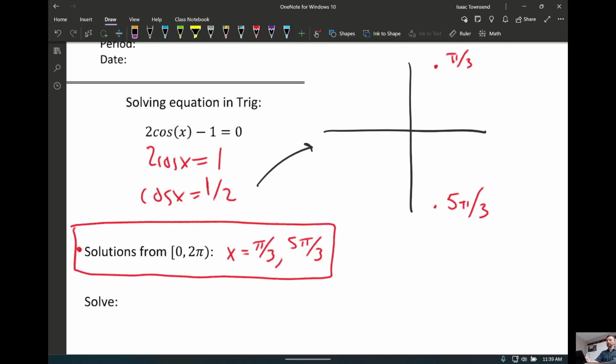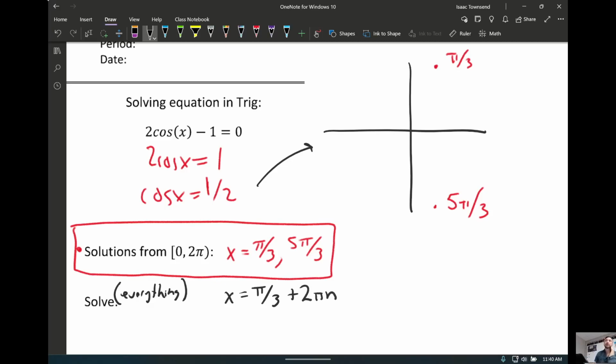But when it says solve, this implies that it wants everything. So not just the stuff within 1 rotation. So I could go all the way around the unit circle 2 pi, add pi over 3, and as long as I land in that spot, it's going to be coterminal to pi over 3, and coterminal means it lands in the same spot, so it's got the same sine and cosine. So everything coterminal to this needs to be part of our solutions, and everything coterminal to this needs to be part of our solutions. So what we will do is we will say x could be pi over 3 plus